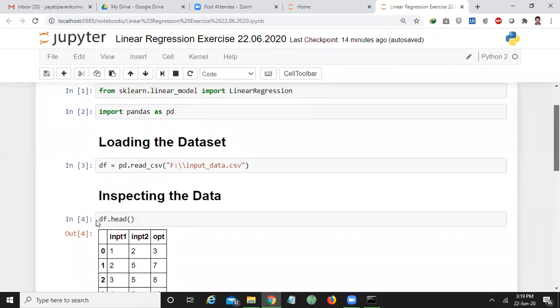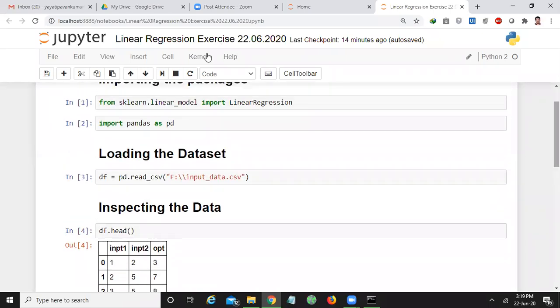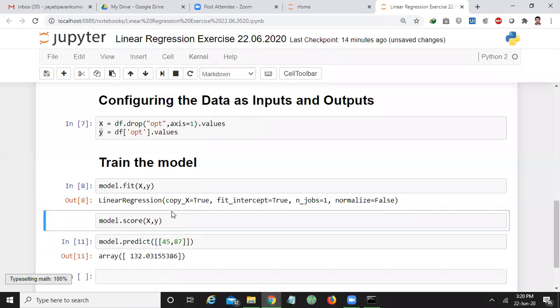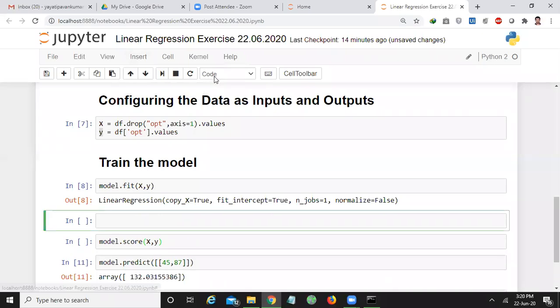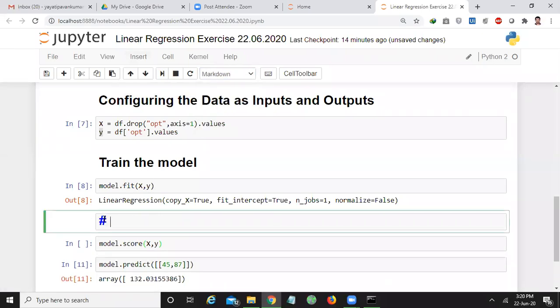I am checking the, insert cell above, markdown, hash, checking the training accuracy.